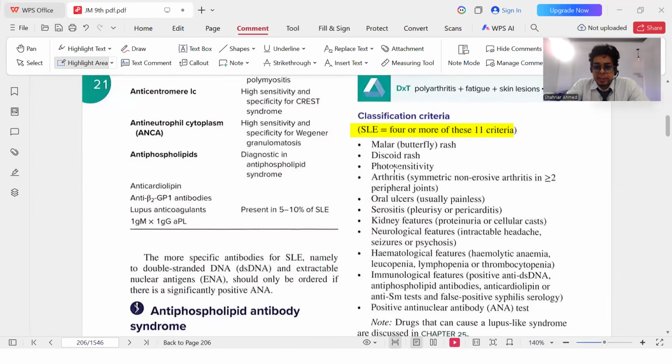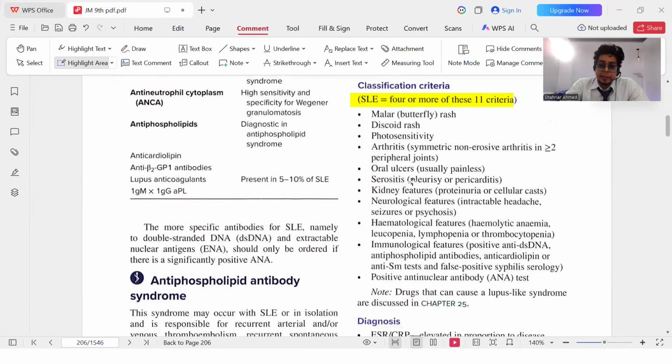So you can remember it that way: rashes, going into the sun becomes difficult. Then there will be kidney features. Now, SLE also has mild, moderate, and severe forms. We understand a severe SLE by checking the kidney. If the kidney is affected, it's probably a severe one. Am I right, guys? If so, that's lupus nephritis.